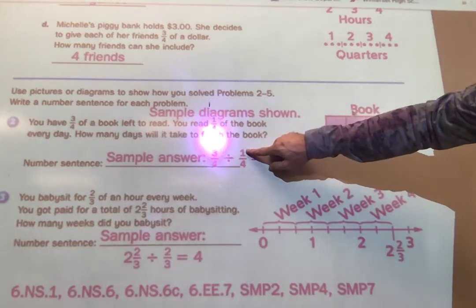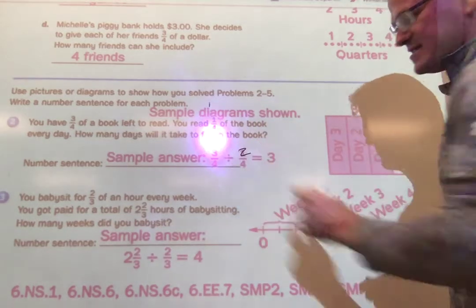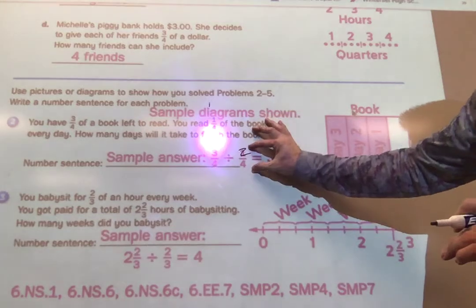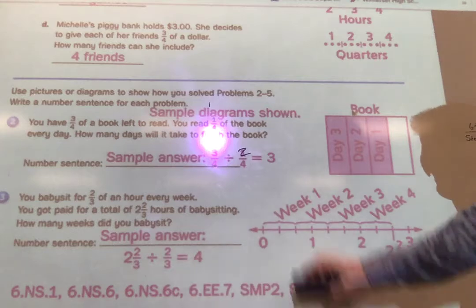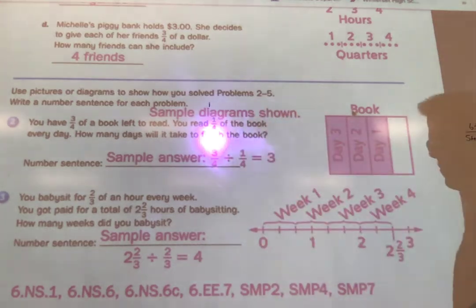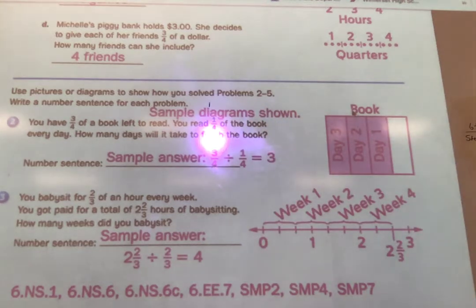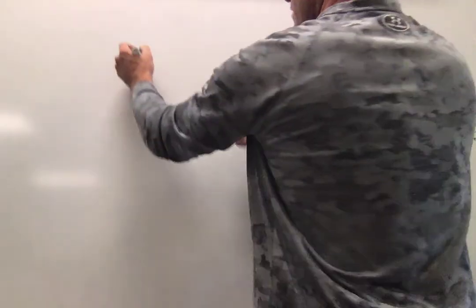Now, if this was a 2/4, now it's not quite so easy. How many 2/4 can I get out of 3/4? Those numbers don't match up, so that saying it backwards strategy might not always work. Another thing you'll find here, I'm going to shut this off for a second. If we have 3/4 divided by 1/4,